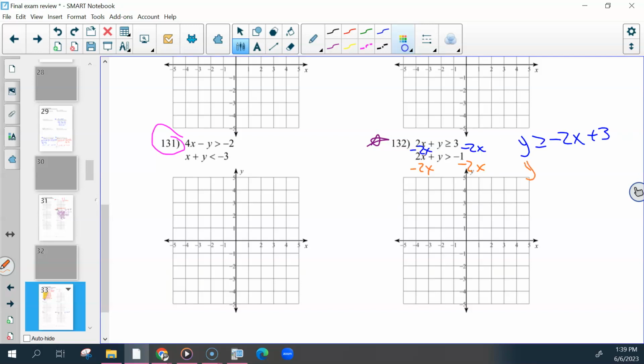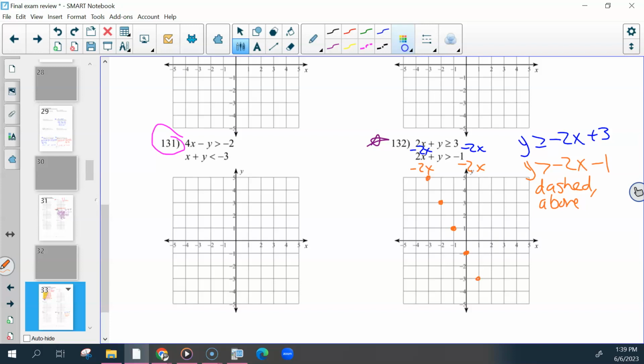Second one is y is greater than -2x minus 1. So then graph those both. I'm going to start with the one in orange. Starting at -1, this is dashed and above. Slope is -2, so we can go up to left 1,